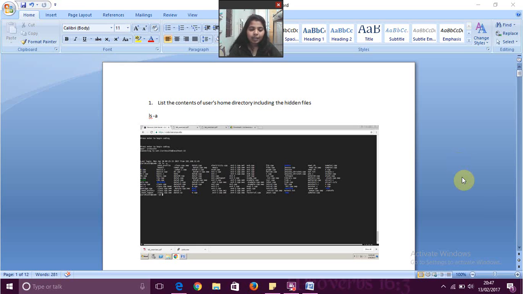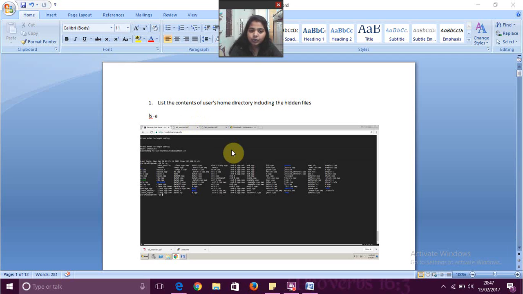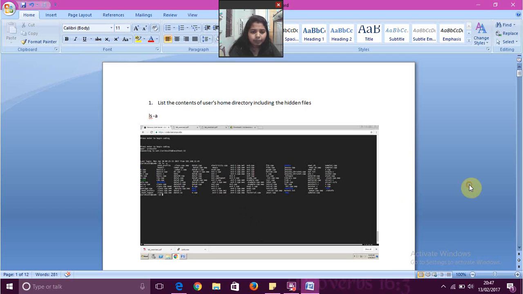This is my Unix lab experiment number one, where I need to show the basic Unix commands. My first question is to list the contents of the user home directory, including the hidden files. For this, I use the command ls -a, where -a represents all, and shows all the files that are present in the